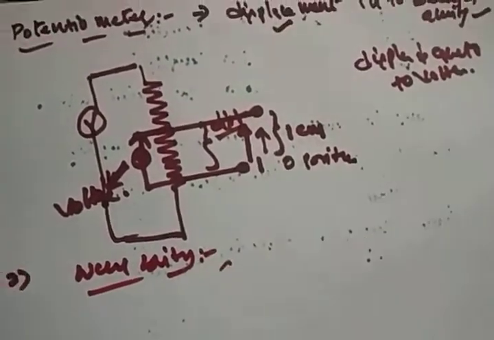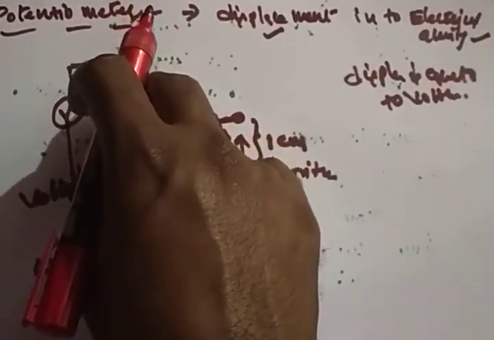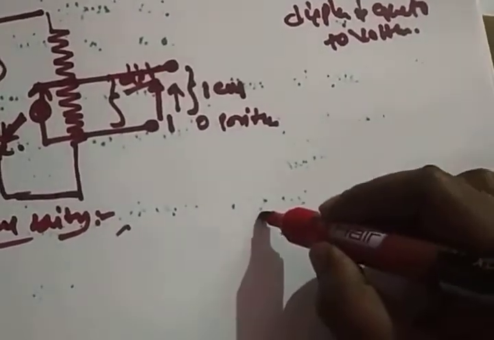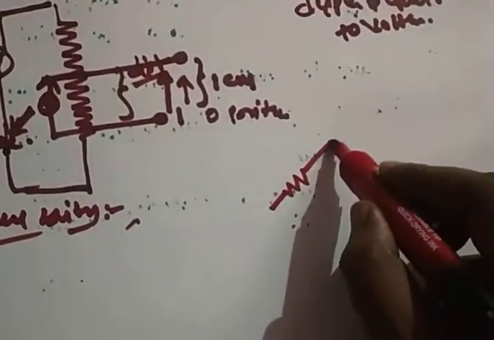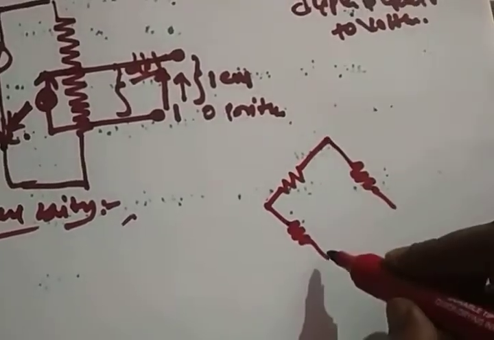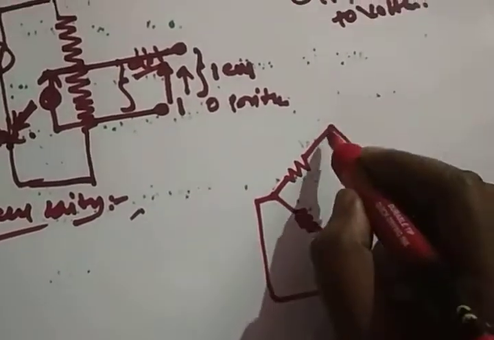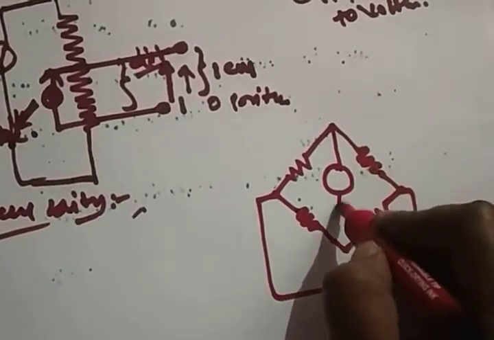If you want to operate this potentiometer, you require an external power supply. So that's why we can call it a passive transducer, right? If you go for the Wheatstone bridge,